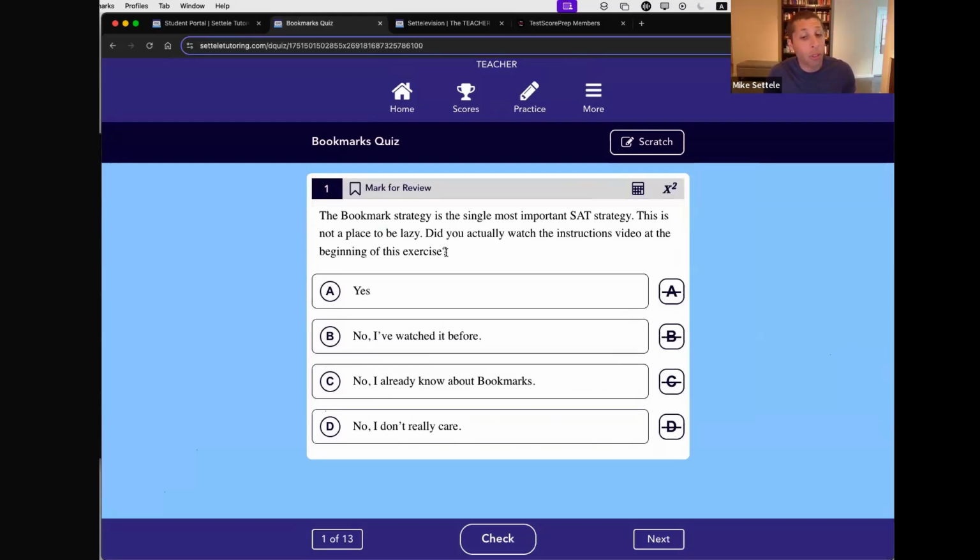And that's an opportunity to learn something new. So I'm a real stickler for this. We want to basically use this button right here, this mark for review button, to indicate when we are not sure of an answer. And that video at the beginning will explain this in much more detail, but we are going to use this tonight. I'll talk about it as we go through some questions.